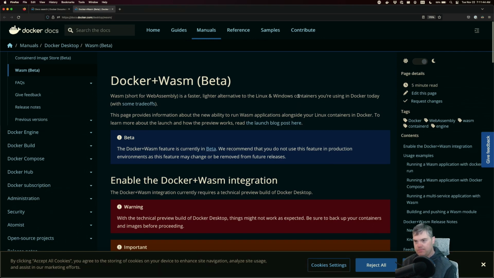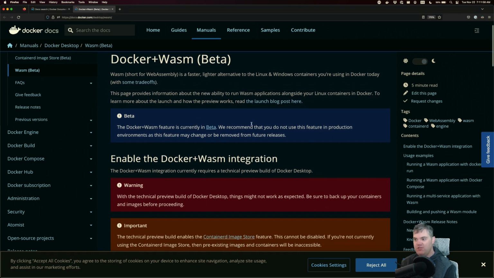Okay. WASM is a faster, lighter alternative to the Linux and Windows containers you're using in Docker today. Really? Do not use this in production.